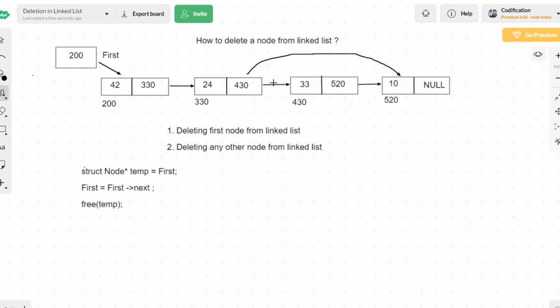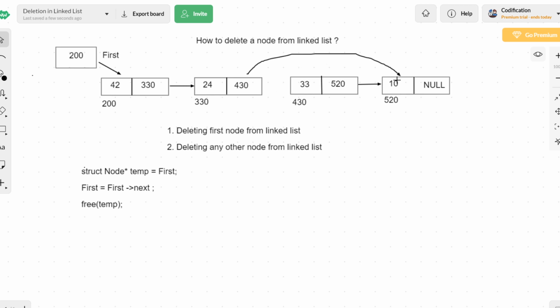So this connection will be lost. Because here 430 is stored, you are linking here. Suppose this node directly stores the address 520, what will happen? Then this particular linkage will be gone. This linkage will still be there, but we have not stored the address of 430 anywhere else except this place, and this place we will be changing to 520. The address of this node is nowhere. If the address of some node is not stored anywhere, then it becomes an inaccessible node in the memory.